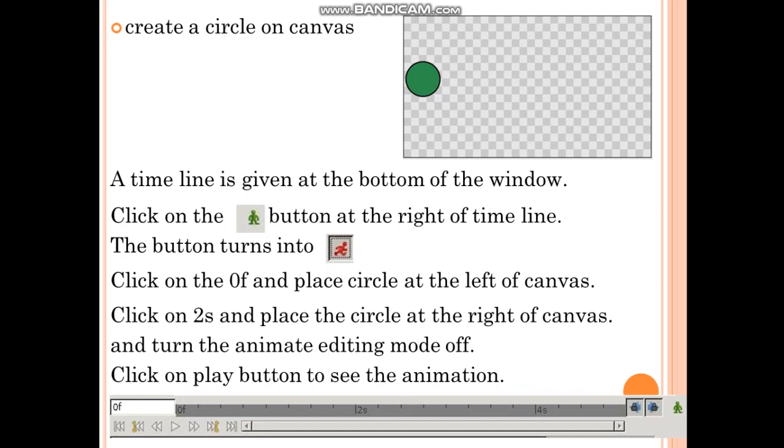Just we have given 2 things: the starting position of circle on 0f and the ending position of circle on 2 seconds. In between positions are automatically understood by the Synfig. We don't need to specify it. All the thing we have to do is to do all these things when animate editing mode is on, means red color button is there.